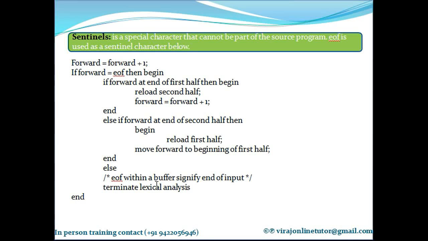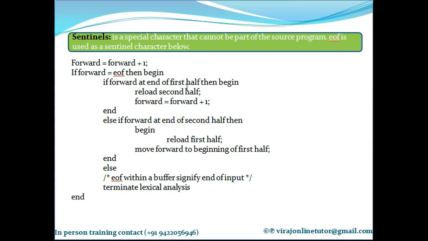Simple. So as I have said, the EOF can come at three different points: the end of the first half, the end of the second half, because it's a sentinel character that we have introduced, or when your actual program has got over. So until those three use cases are met, forward will never point to EOF. In those cases, just blindly keep on incrementing the forward pointer as you analyze. So if forward is pointing to EOF, then these are the three cases which I have just explained.